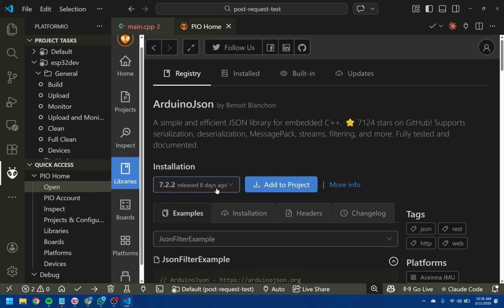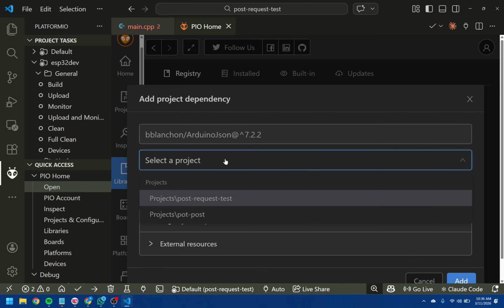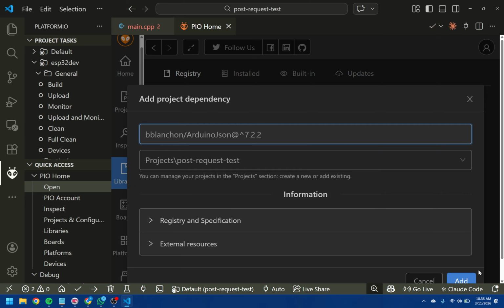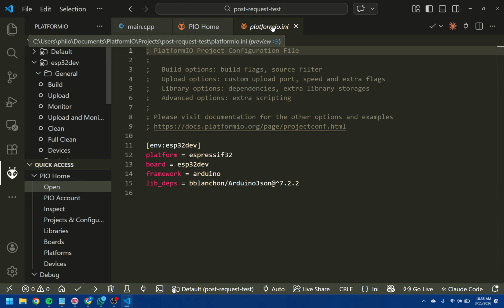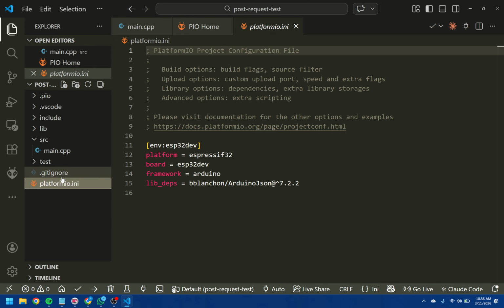Oh, the most recent release was 8 days ago. I think that was the same release as the one from last week. So I'm going to add it to my project, this project here called Post Request Test, which is the project that I just created a while ago, and I should be able to click on Add. Okay, good. So it's showing us here in our platformio.ini, which is the file inside of our project down here,